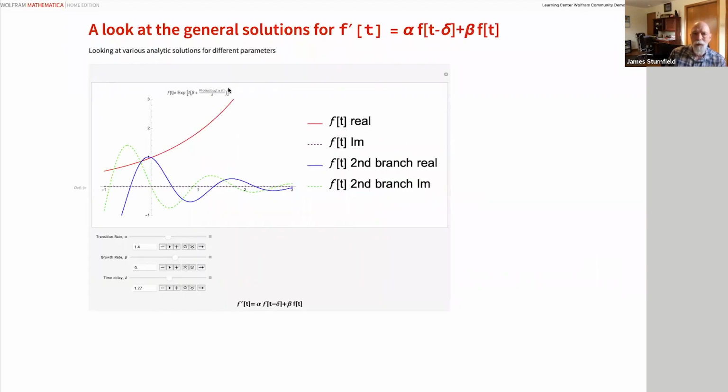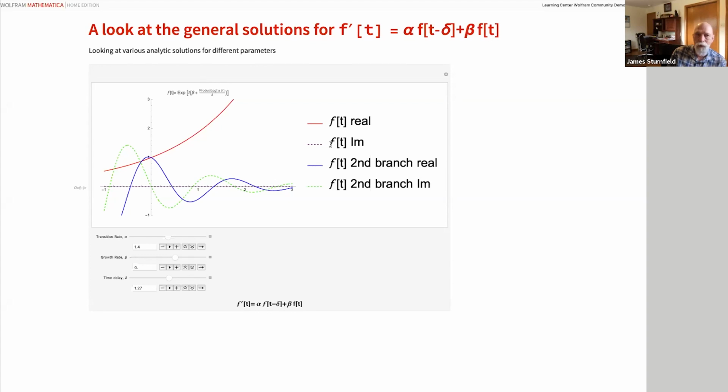And basically, this general equation has a variety of behaviors. There's real and imaginary branches that can give solutions,